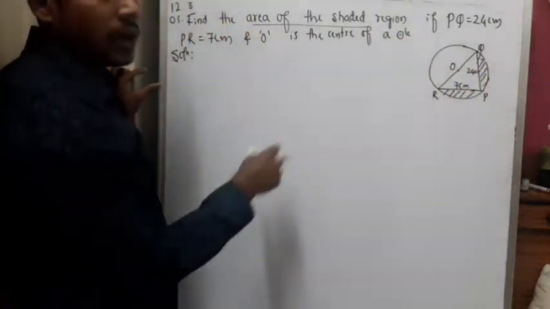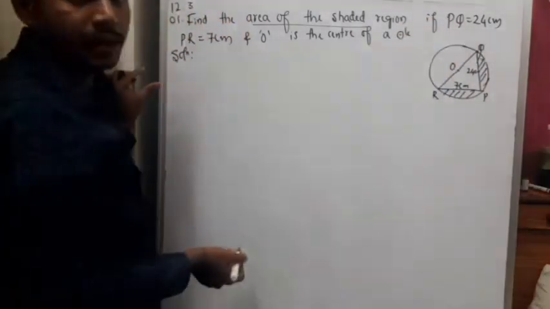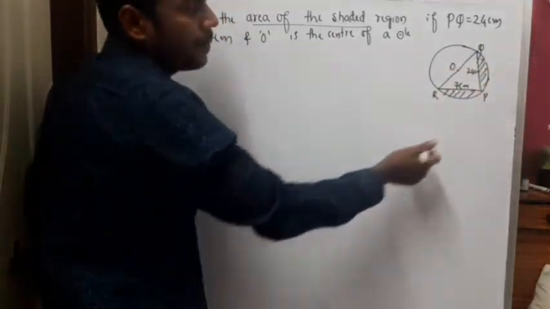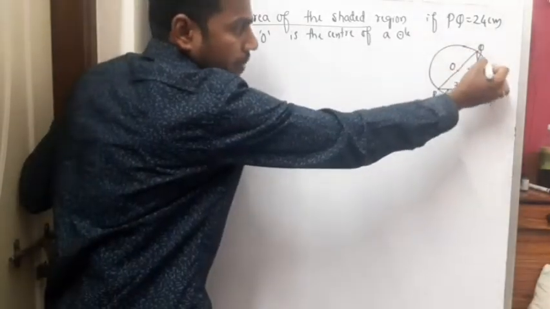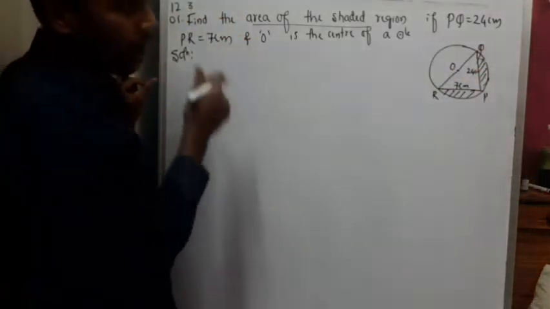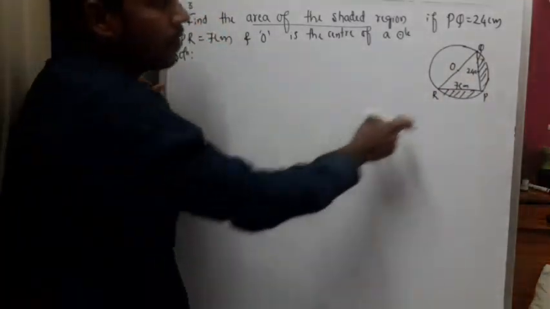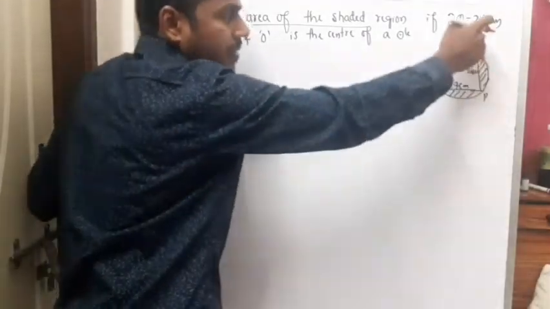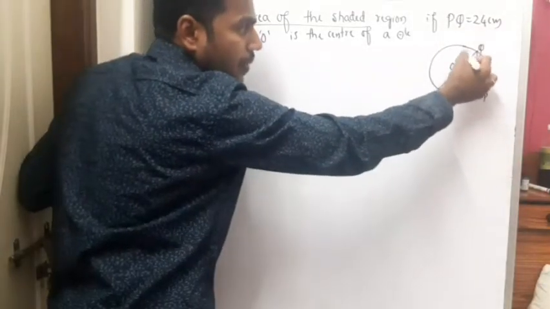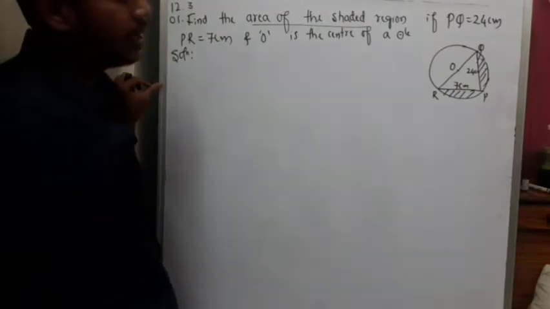So in this we are going to study the combination of different figures, different shapes. It includes a semicircle and a triangle. So to find the area of the shaded region, what should I do? First calculate the area of a semicircle. From that area of the semicircle, we need to remove the area of the triangle. How to remove the area of the triangle? So for that, see,